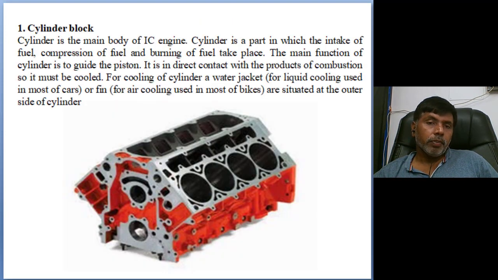You see, this is the cylinder block. You can see the original cylinder block. This is a V-shape engine with a single crankshaft, 4 bores and 8 bores, a big heavy vehicle engine. These are the coolant jackets, a provision for coolant. Mainly, the cylinder block guides the piston. The material used is mostly cast iron.